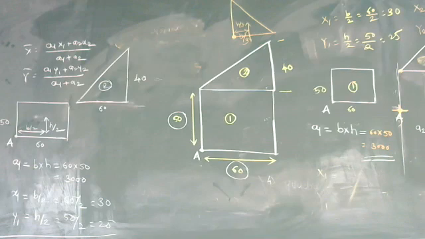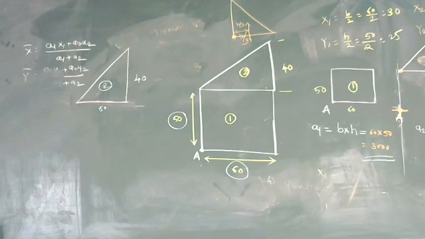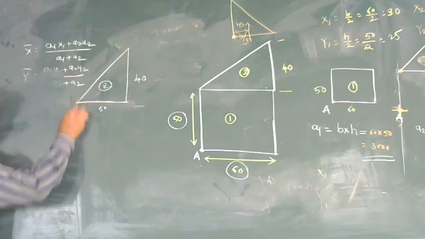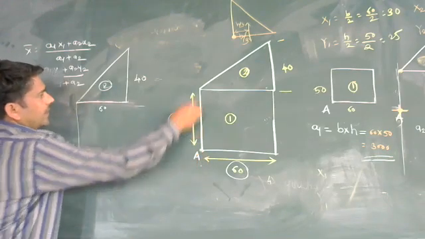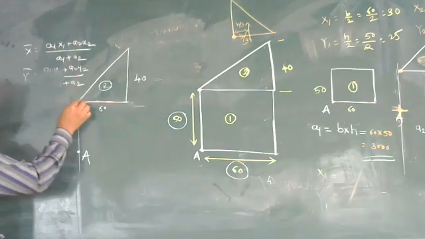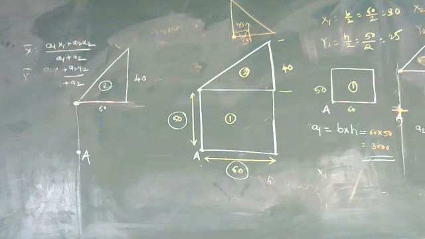Now we are required to find out for a triangle. So space is very less, so I will erase this. I will put the A point here, so that I will get some space. You can check it here. A point is here, and the corner of the triangle is here, and from A location we are required to find out. Already we have found out A1, X1 and Y1. Now we are required to find out A2 and X2 as well as Y2 also.